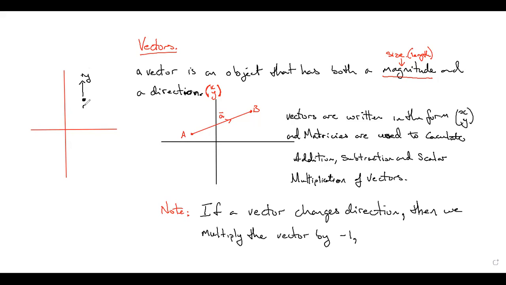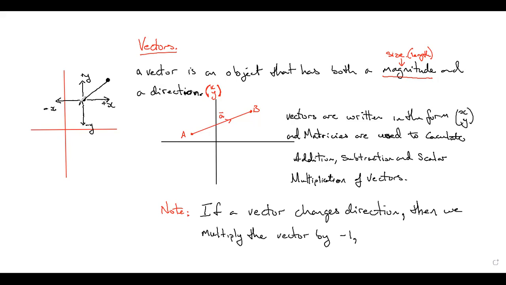If you move the point downward on a graph, the y values become negative, or decrease. If you move right on the graph, the x values increase or are positive. And if you move left, the x values decrease or are negative. So a vector basically represents the direction